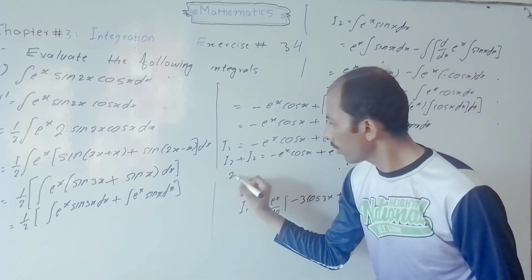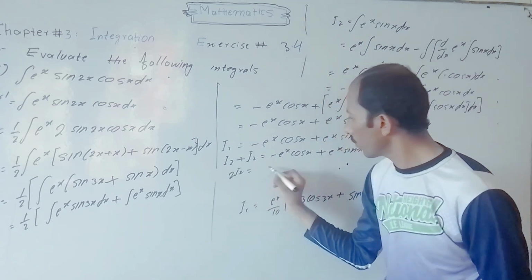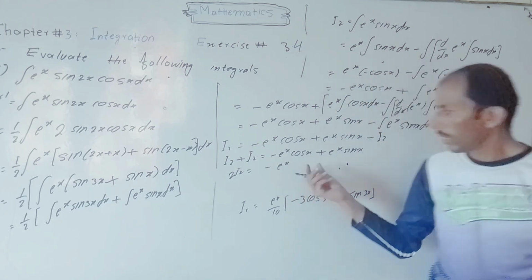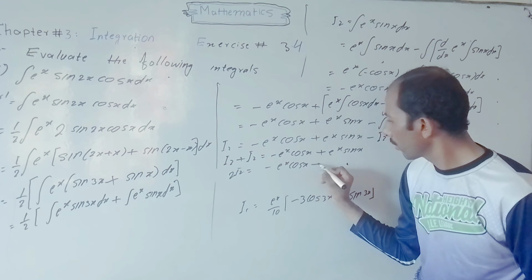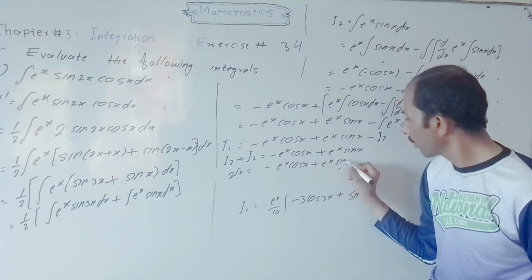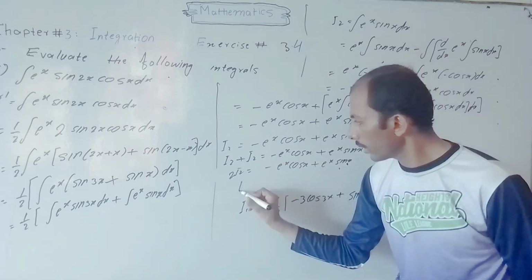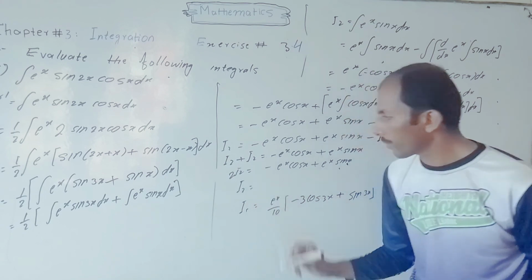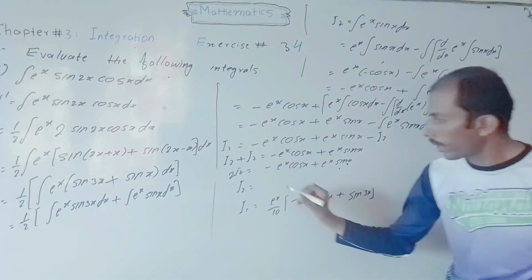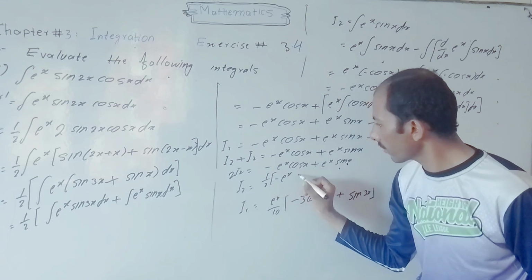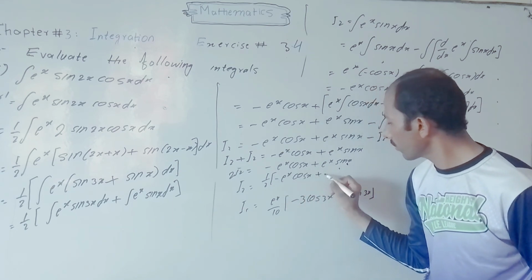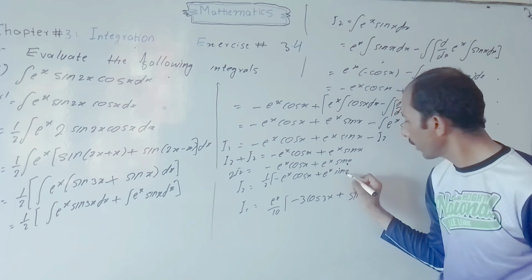So 2 I2 is equal to minus e power x cos x plus e power x sin x. So I2 is equal to, dividing by 2 on both sides, 1 divided by 2 into minus e power x cos x plus e power x sin x,